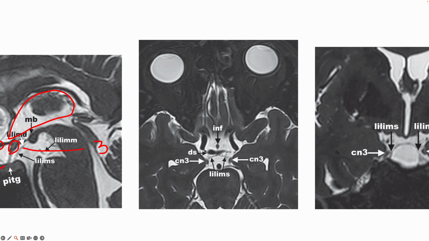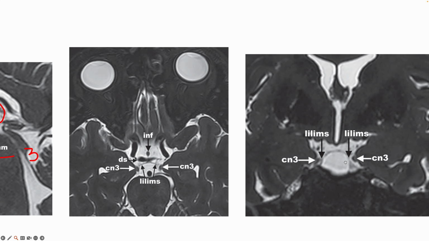So you could even pick this out on axial imaging here. This is the infundibulum. This here is a dorsum sella, the third cranial nerves. This will be the basilar over here. And this very thin structure running from the dorsum sella, probably trying to come to the mesencephalon, is the Liliequist